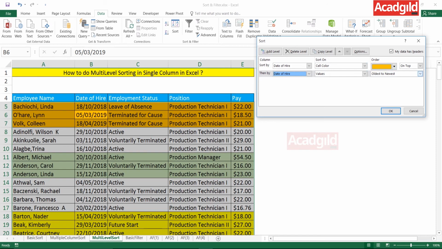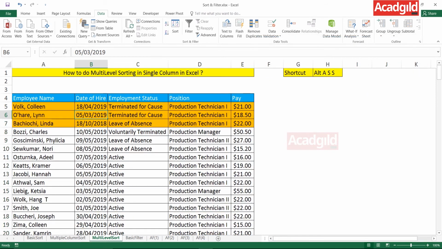How do you want to sort? Based on ascending or descending? Right now we have oldest to newest, that would be ascending order. But if I say newest to oldest, this would be descending order. So I'll just click on this OK button and carefully observe. This is first of all sorted based on color of date of hire, and second, the bigger dates are on the top and the smaller dates are on the bottom part. So this is how you can do